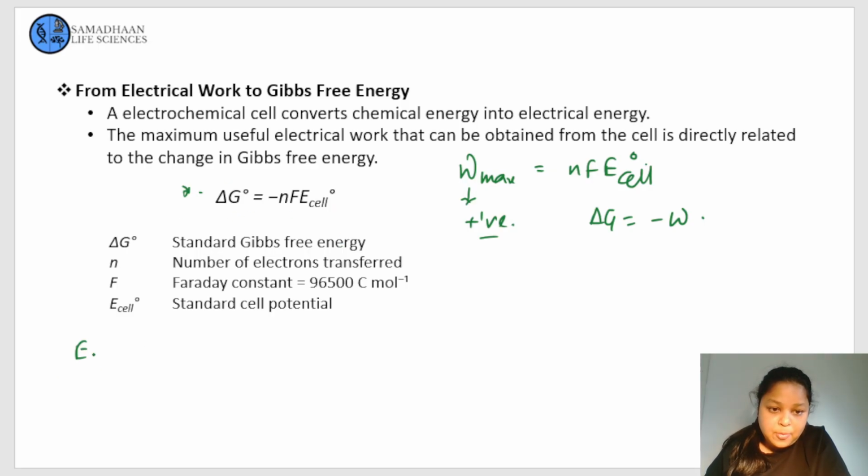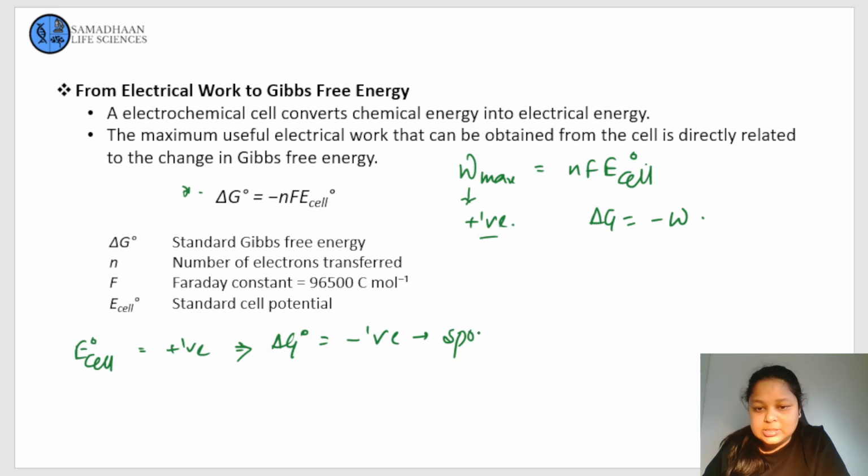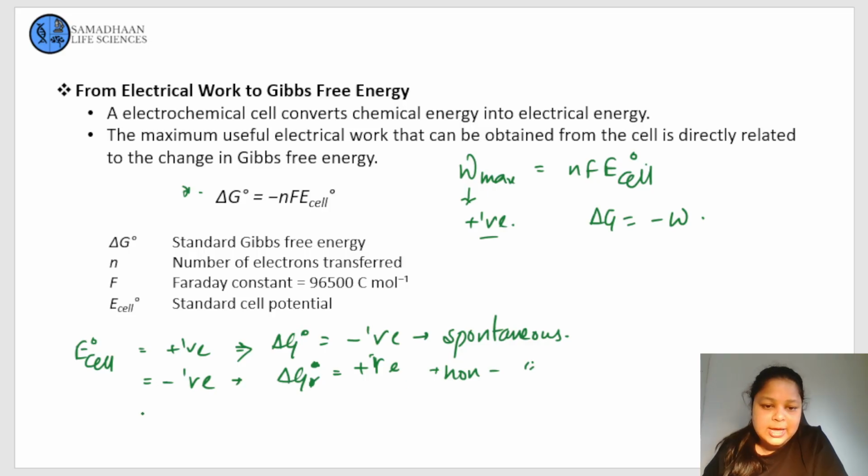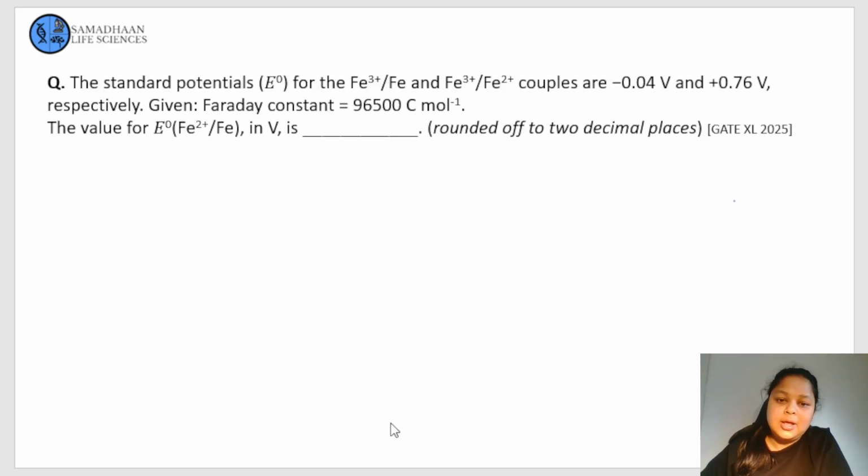So if you have a positive value of this E cell, then you get that delta G naught is negative, which means the process is spontaneous. If this cell potential is negative, then delta G naught is positive, which means the process is non-spontaneous. And for zero cell potential, delta G naught is 0. That means the system is in equilibrium. Right. Now let's do some